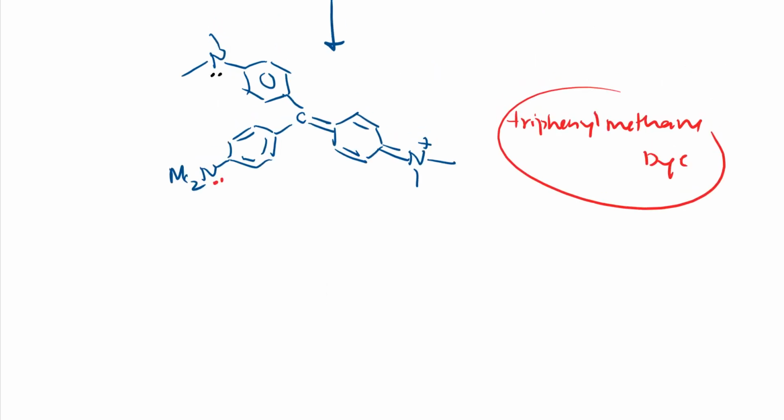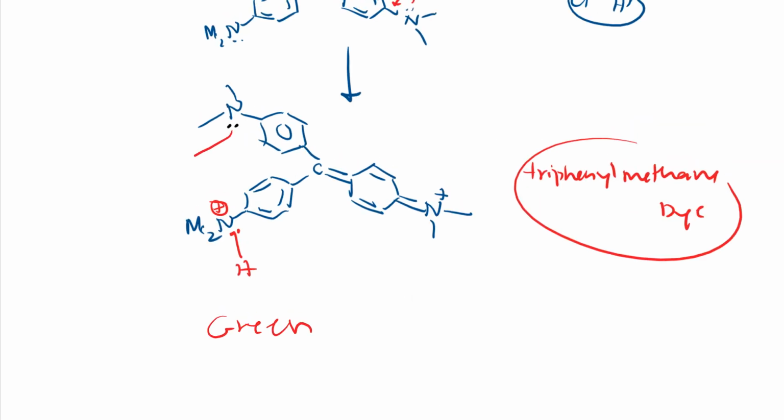So when I add first one acid here, like this is just acid, so this nitrogen gets positive charge, so its color will be now green. When I add excess of acid, so here this lone pair will be attached to the acid, so you can show like this, and nitrogen gets positive charge, so its color will be green now, right? So sorry, yellow,